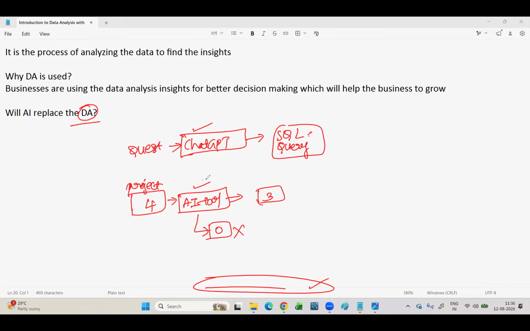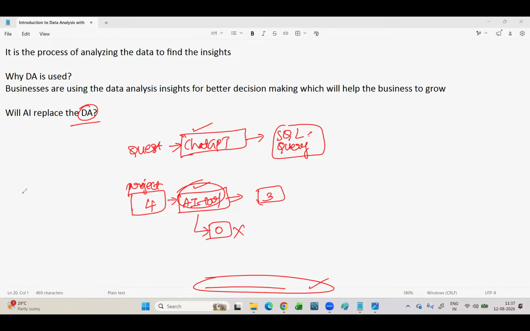Then why are companies still using this? To complete the work easily. Suppose I want to write a query or Python program. Instead of writing everything from the beginning myself, it might take half an hour, for example. But if I use AI, it will generate it in, suppose, 5 minutes. Then another 5 minutes I will spend to see whether it is right or wrong. Within 10 minutes, I will complete my work. I need not spend half an hour. That's the easiness it will make for you, but it will not replace everything.